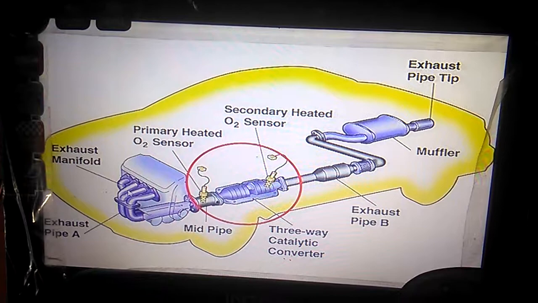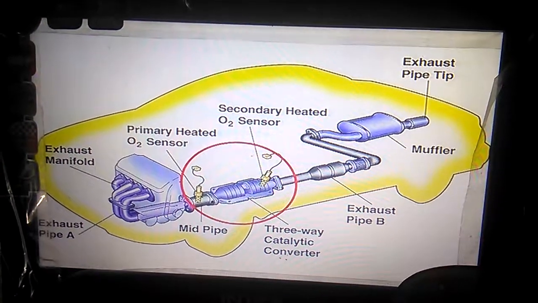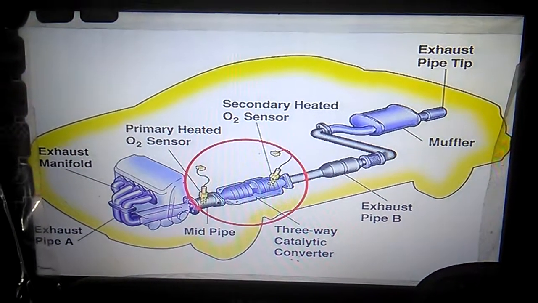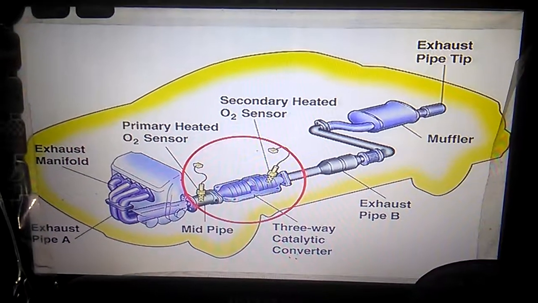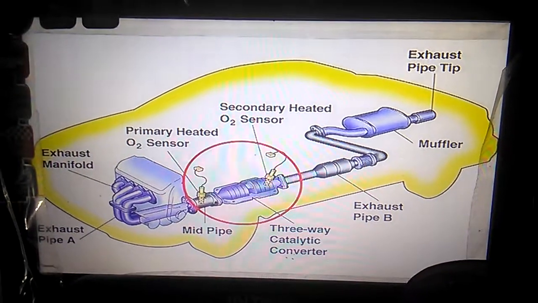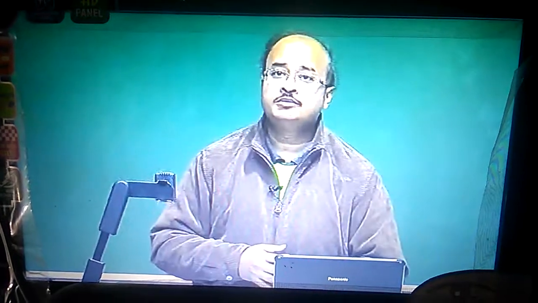Exhaust manifold means that when the engine is driving, your hydrocarbon is burned. It's a big no-no, right? Because pollution is very harmful for us, and in big cities, the more the number of cars you have, the more number of automobiles you have, the greater is the pollution. So then each and every car has to do something about it. And this is compulsory.